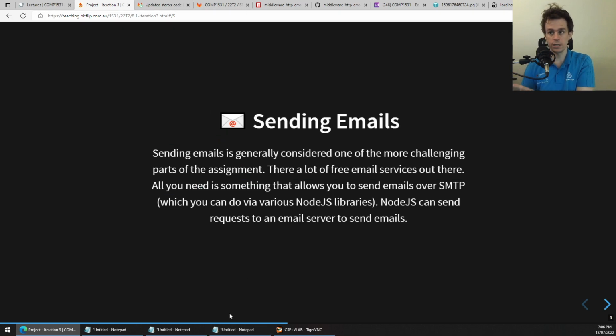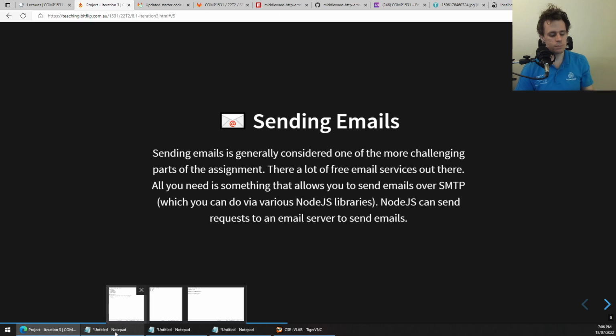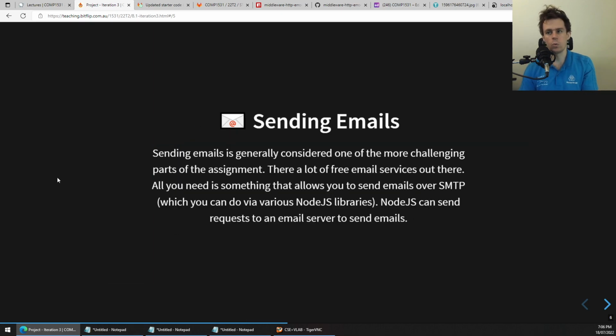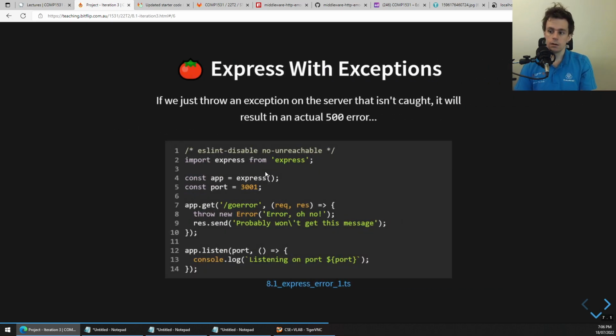But with sending emails, the point is that you're looking for libraries and services to do this for you. You're not trying to code some while loop that sends packets of data or anything crazy like that. Now, the last few things before we take a short break is